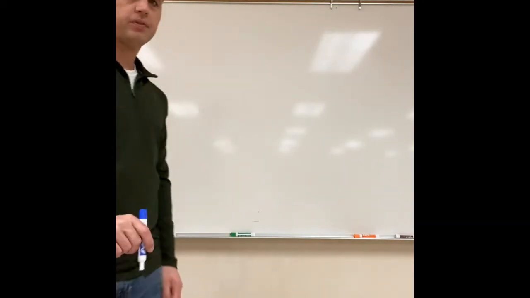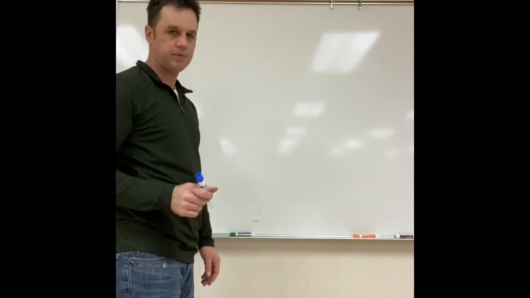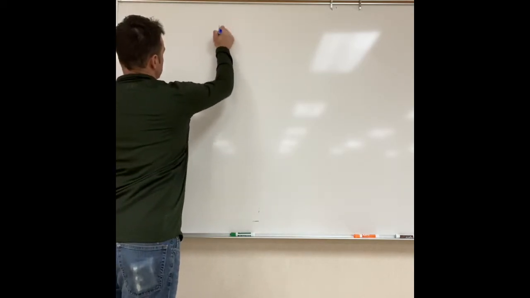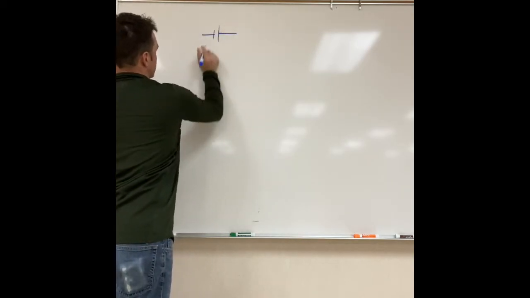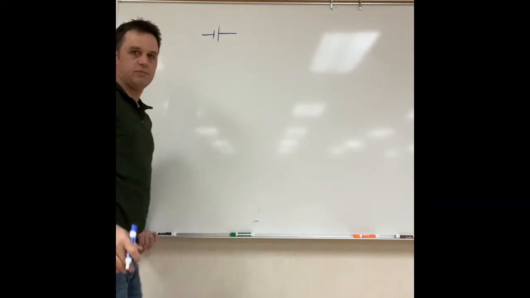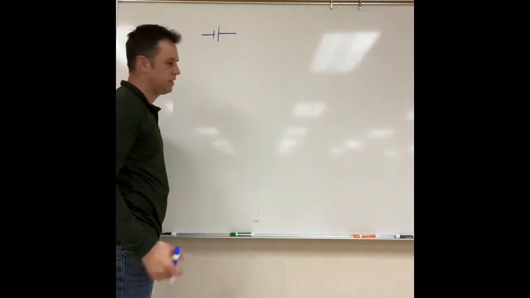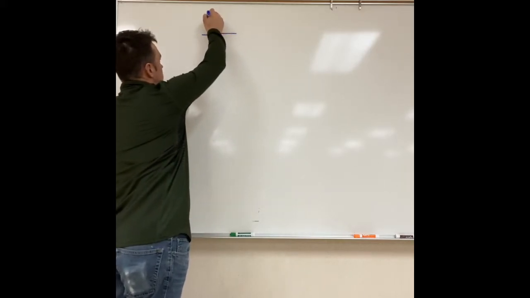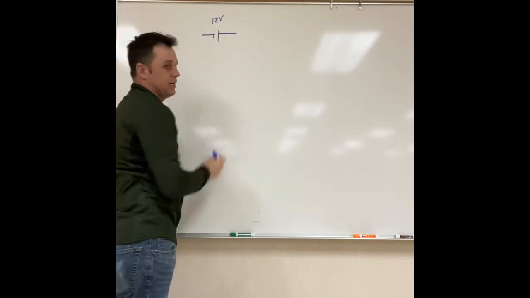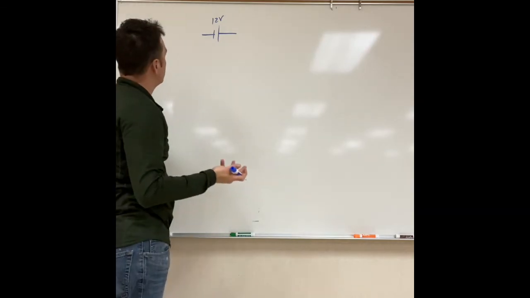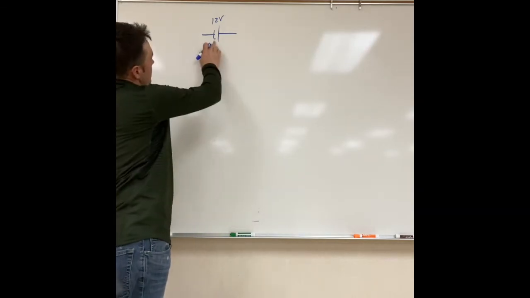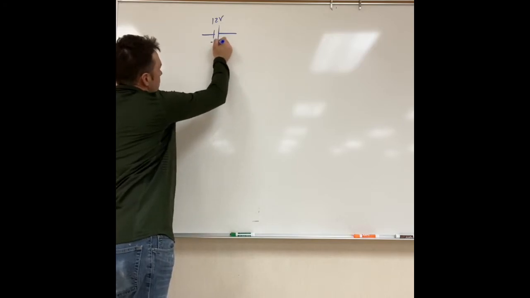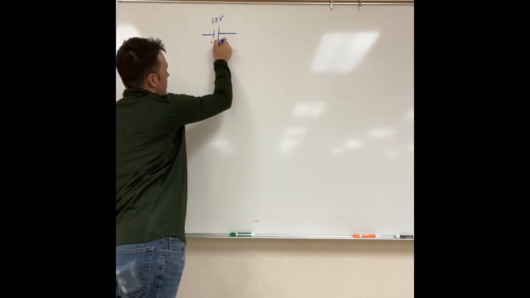Right, when we deal with electricity, we use symbols to represent things. So our voltage source, we generally use a short line and a long line. And that is going to represent a battery or any kind of power source like an outlet. And usually you'll write the voltage like 12 volts, 9 volts above the battery. This shorter end is the negative end of the battery or the outlet, and then the longer end is the